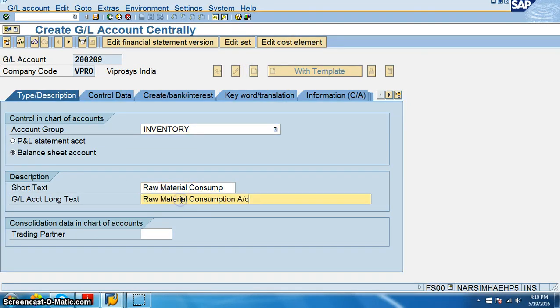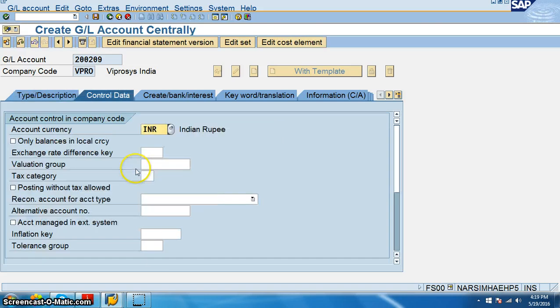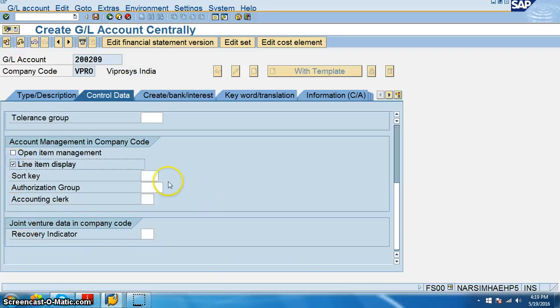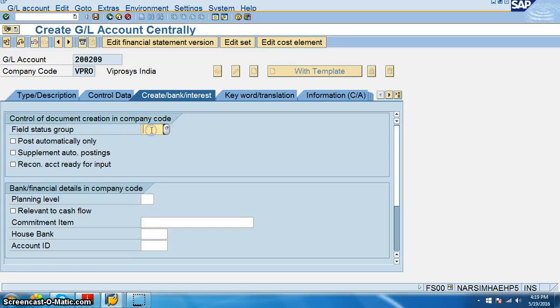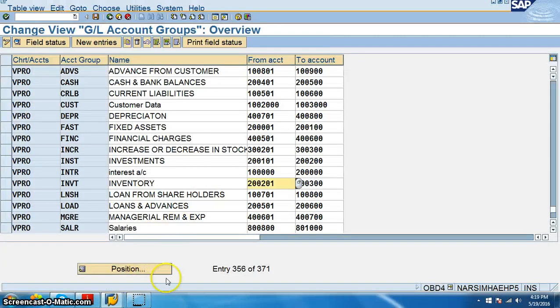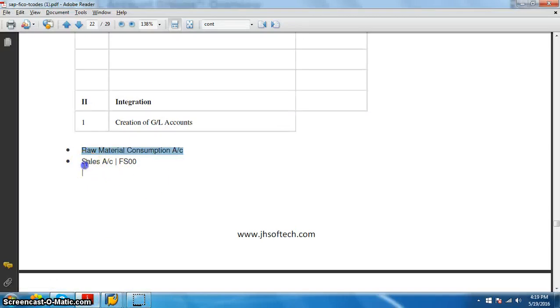Here we are creating the raw material consumption. Control data, we have balances only in local currency. Line 01. Here field status is G001. Save it. Now we need to create one more account for the sales account.